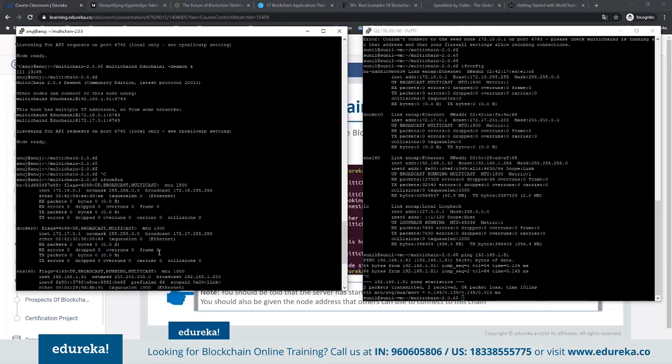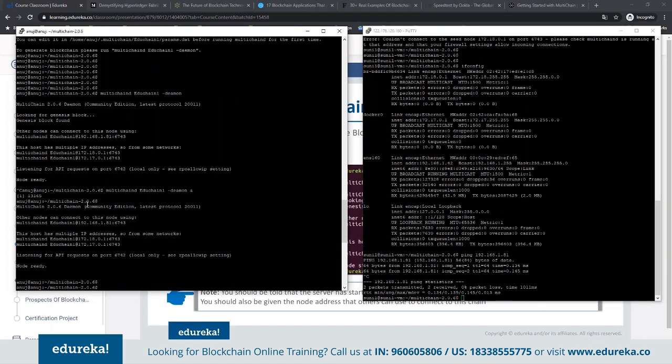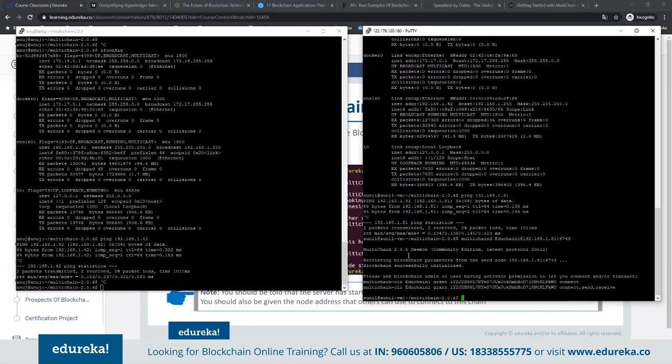So let me see what we created. We created this instance. So we will need to give this particular command in order to run it. Now, as you can see, it has not connected successfully, but what it has said is that in order to connect, you will need to give this challenge string. So this is nothing but a public address of this particular instance.